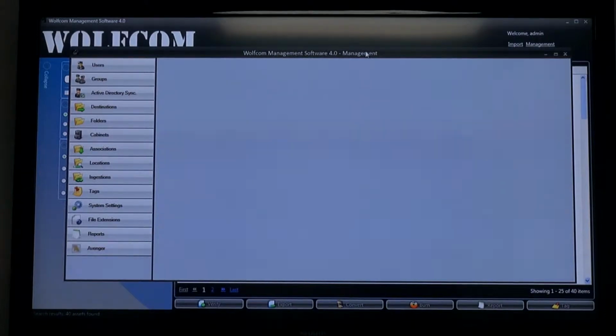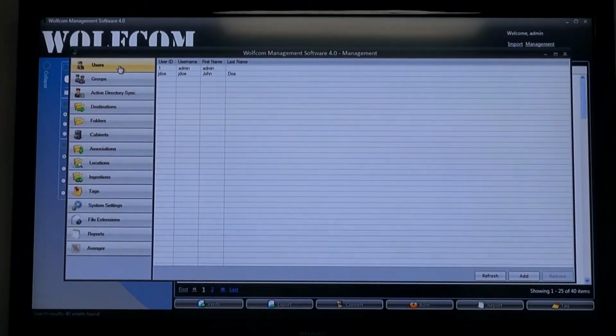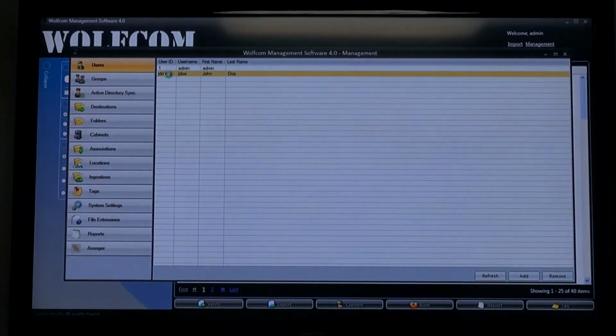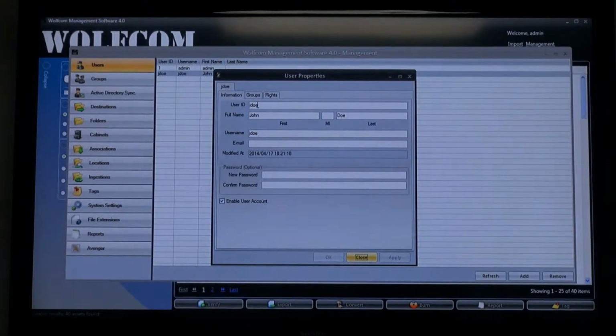Okay, so now we're going to go into the management section of the software. In the management section, if you have the rights and privileges to go in here, it allows you to then be able to configure everything that you want to do. So for example, users. If we want to go in here and say, okay, John Doe has a user ID